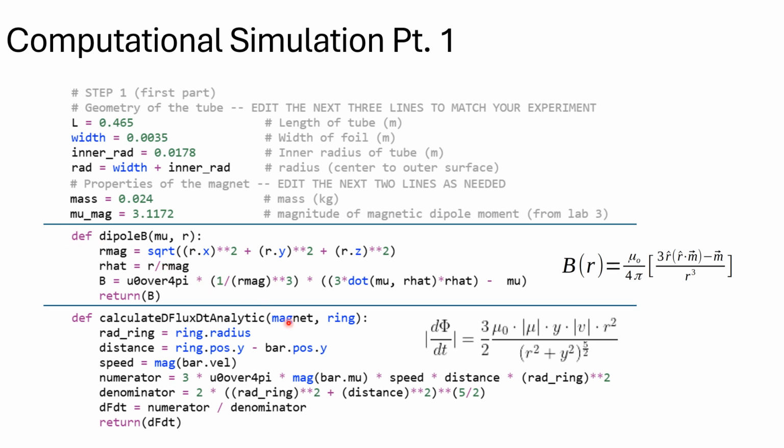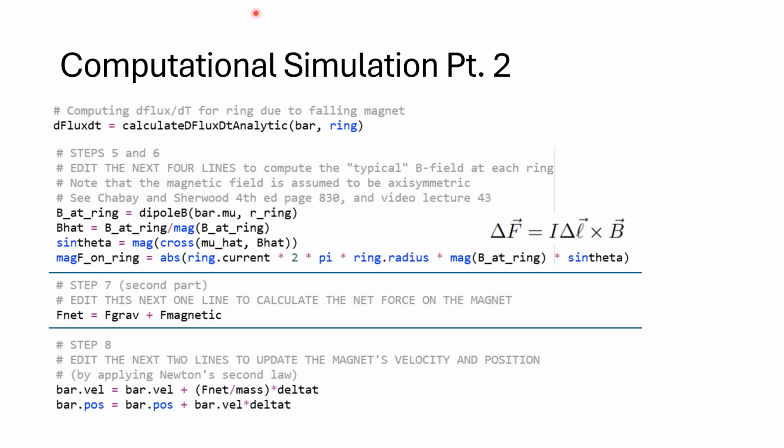This function calculates the change in flux over time for a specific ring in the tube. We use this formula, which was provided to us in video lecture 43, and we're simply translating that into code. To continue, we use our dΦ/dt calculated here, and we also want to find the force